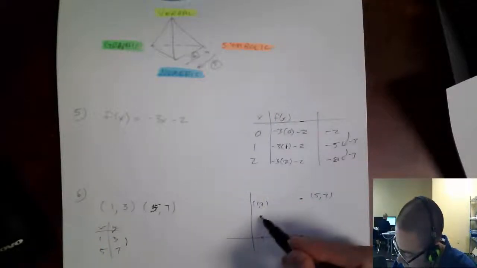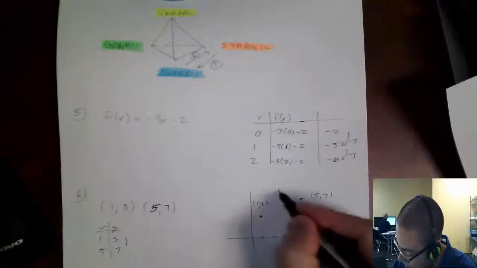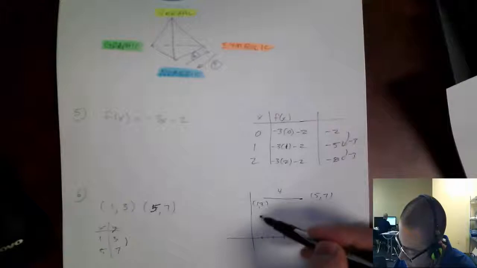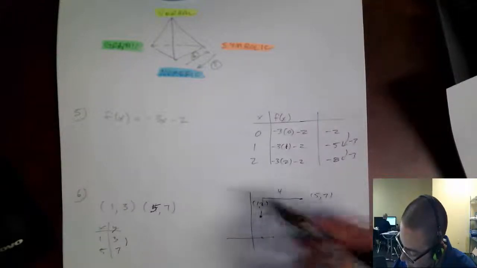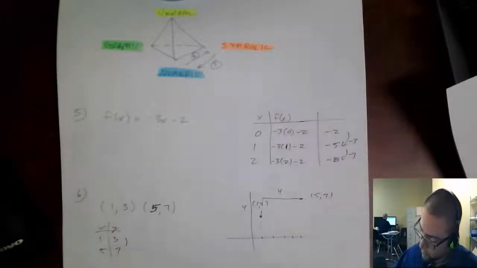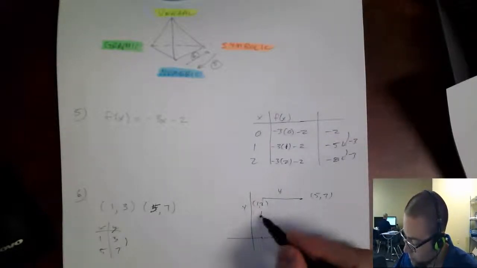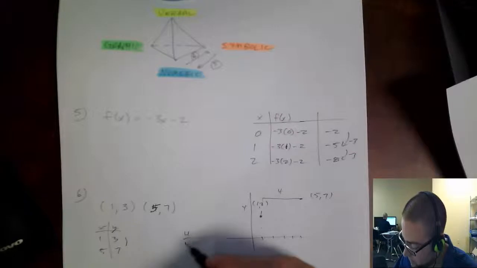It goes from 1 to 5, so it's changing by 4 in the x direction, and it's going up from 3 to 7, up 4 in the y direction. So the slope is 4 to 4, or if I divide the top and bottom by 4, I get 1